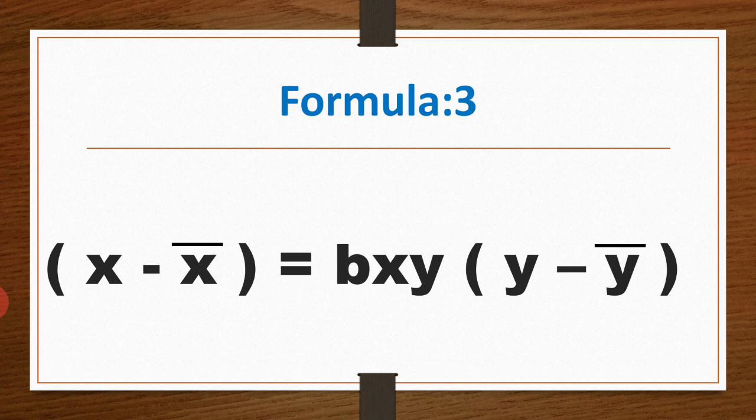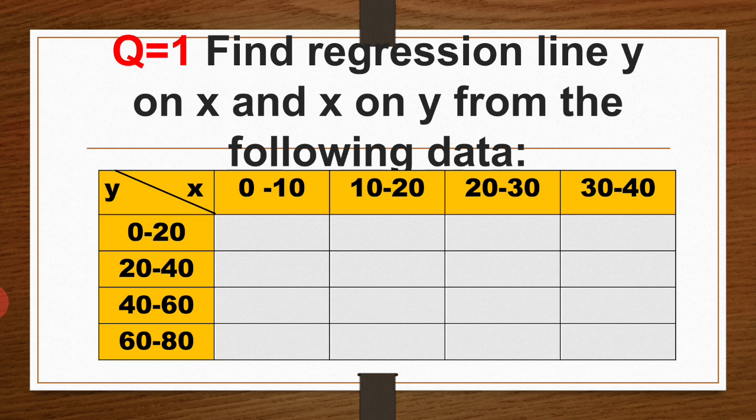Okay, after that, suppose the question is a bivariate question. All of you easily know about bivariate questions, because when x and y are both given, the 2 by 2 tables are used in the question format. So find the regression line y on x and x on y. Here the question is that we find both lines from the following data.